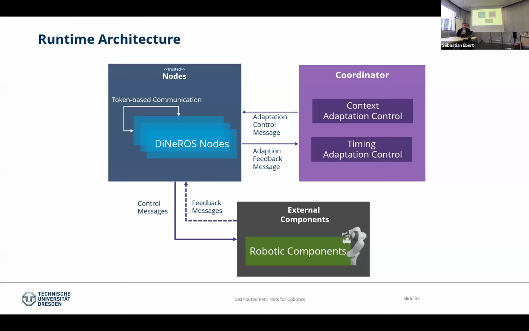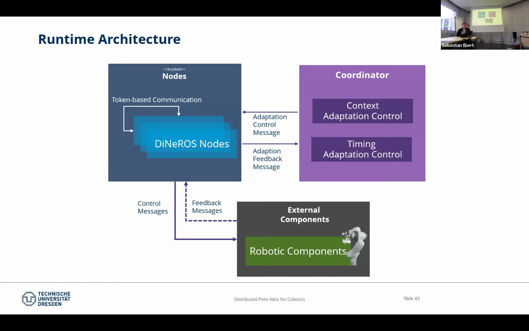like at the runtime, before we dig into the development process, what we would have is some ROS nodes controlled by patterns on the left top side. They are safe. They are trusted because we check them. On the right side, we have a coordinator, which is able to change the nodes based on context adaptations, context changes and timing information. And of course, we also need external interfaces to the new robotic components, again based on message interchange, possibly by topics and by services. So that's the classic ROS part. That's basically how you access MoveIt in the end from these ROS nodes.